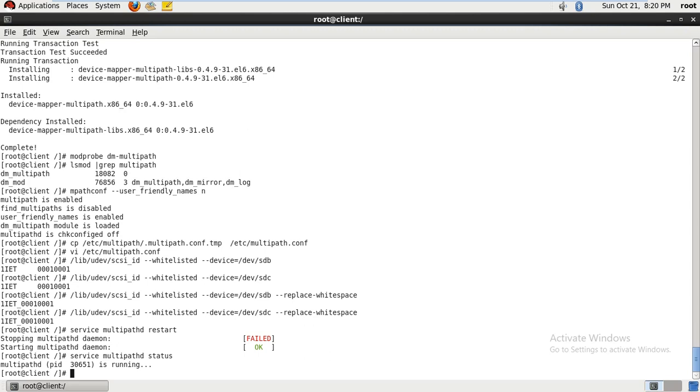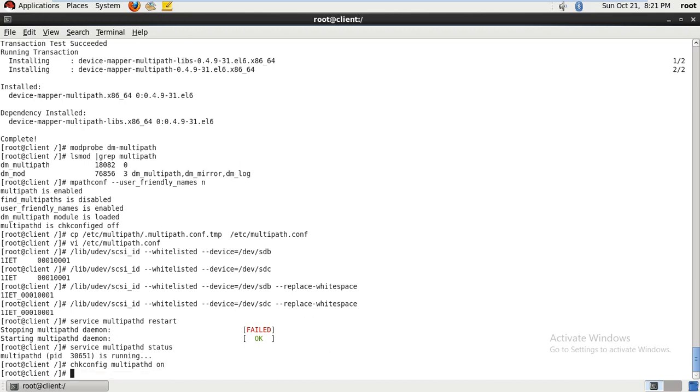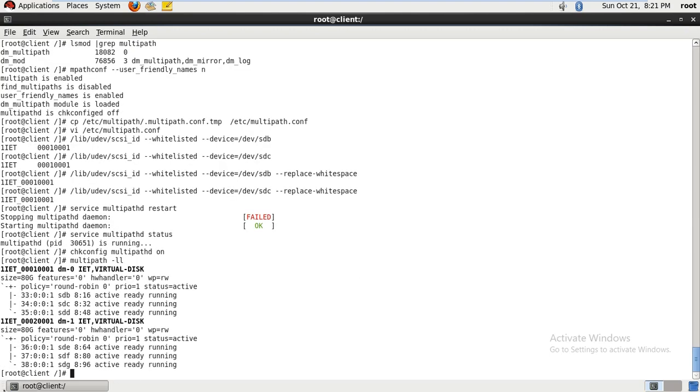Now, this should run always when my system boots. I don't want to run each and every service manually. So we need to go for chkconfig. That is the way for a permanent basis, right? So chkconfig multipathd on. Right? Now here if we execute multipath -ll, it will show,